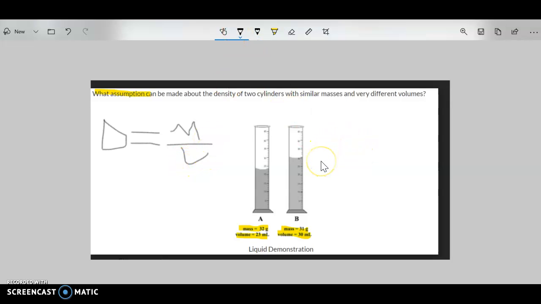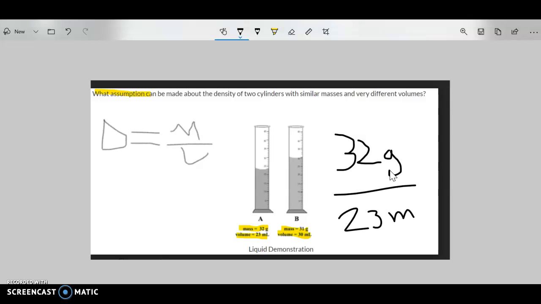To find out A, you would take the mass, which is 32 grams, and then you would divide that by the volume, which is 23 milliliters,